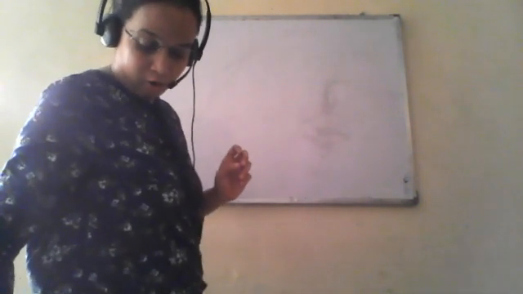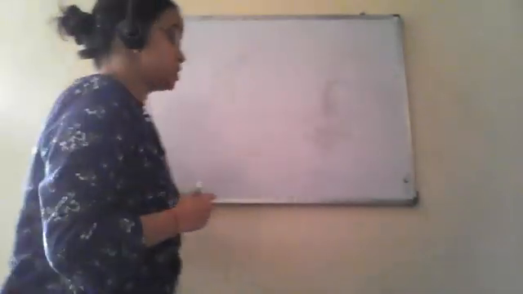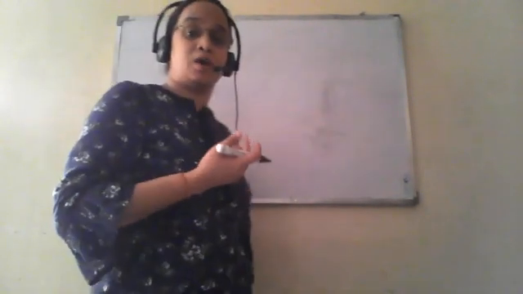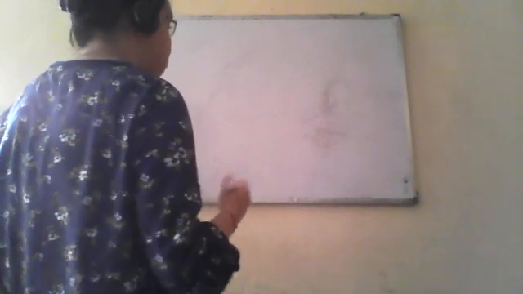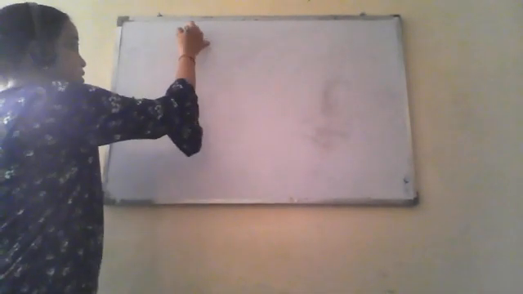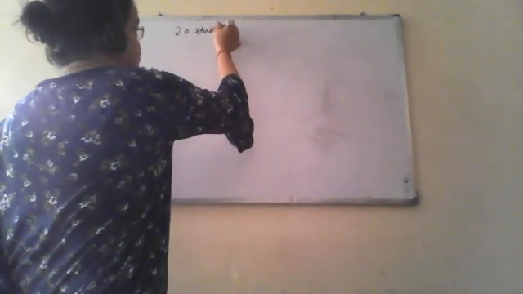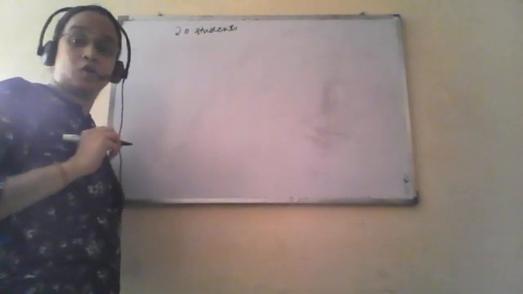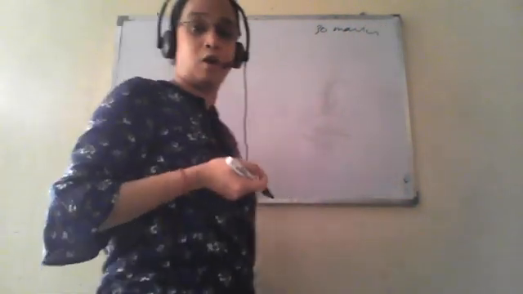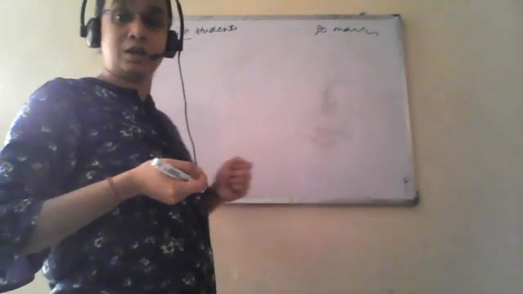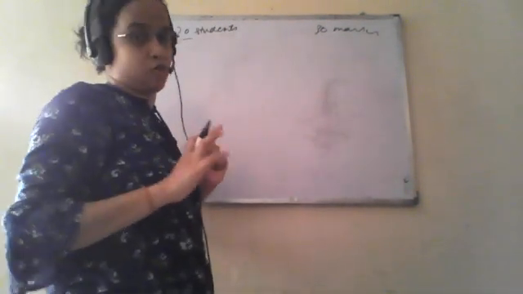Now what is organizing data? What is organized data, or what is unorganized data? Now see, I'm writing: there is a class test, and I'm writing the marks obtained by, say, 20 students, and the total marks for the test was, say, 30 marks. So there are 20 students who have appeared for the test, and the test is out of 30 marks. That is, out of 30 they have scored somewhat.